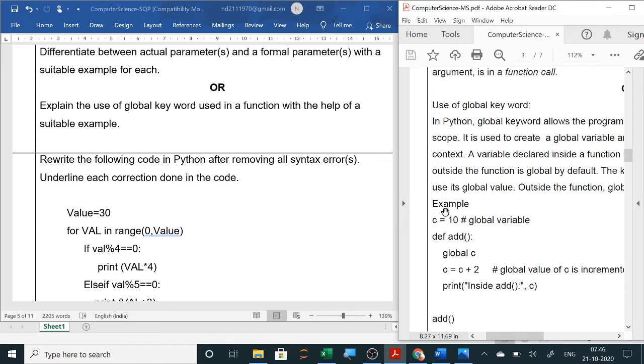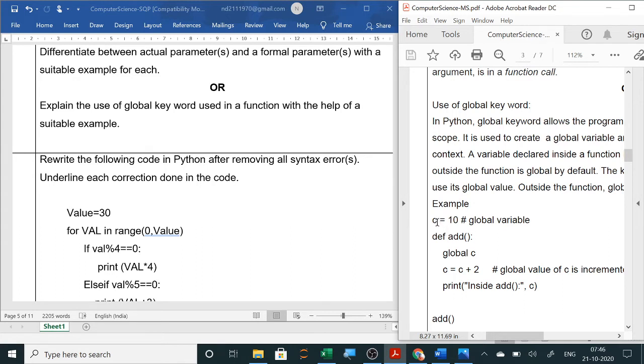Normally the variables which are declared outside the program, outside the functions, outside the blocks, are your global variables. And if any variable is declared inside the block, inside the function, it is a local variable.